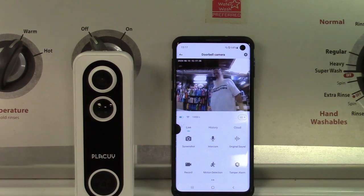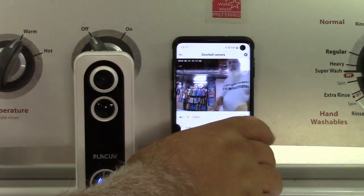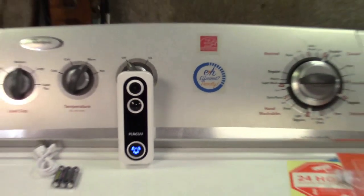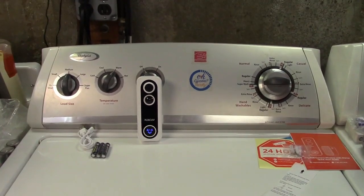I'm going to wave over here. I have a strong Wi-Fi signal, but there certainly is a delay. That's nothing out of the ordinary, certainly. Of course, this has two-way audio in that. The audio from the doorbell is currently on. So if I raise the volume of the phone...